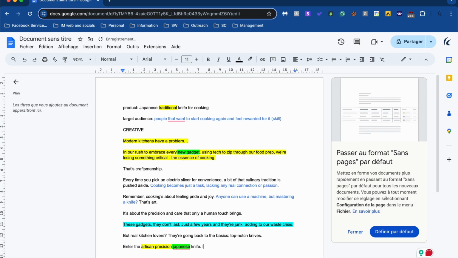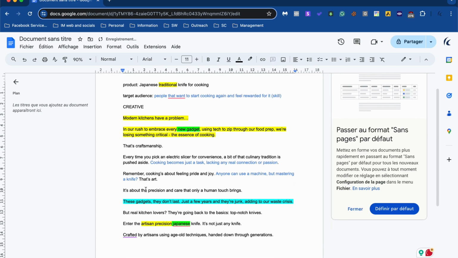It's not just any knife. Crafted by artisans using age-old techniques, handed down through generations. Here we are highlighting a new value of the product, which is that it's traditional and it's a heritage. It's important. Not everyone can use it. No motors, no batteries, just exceptional